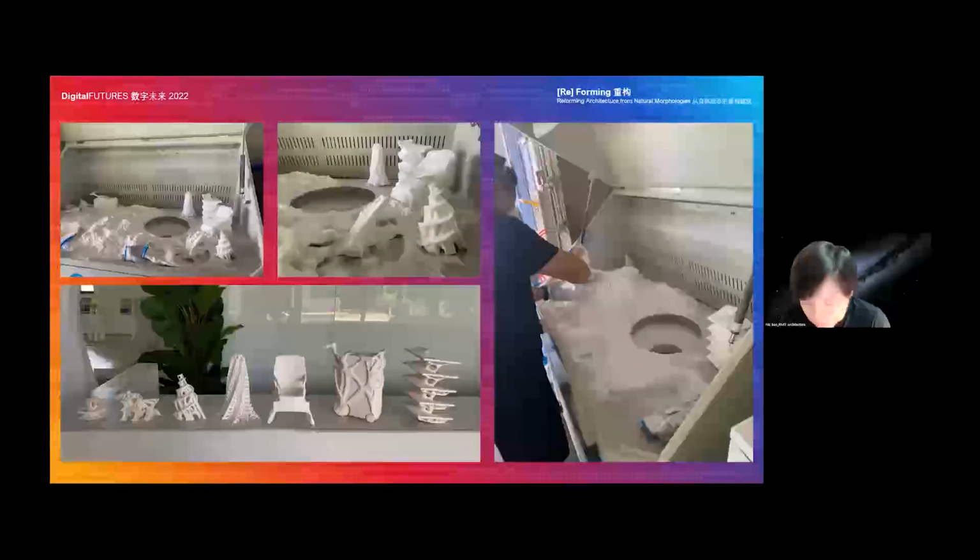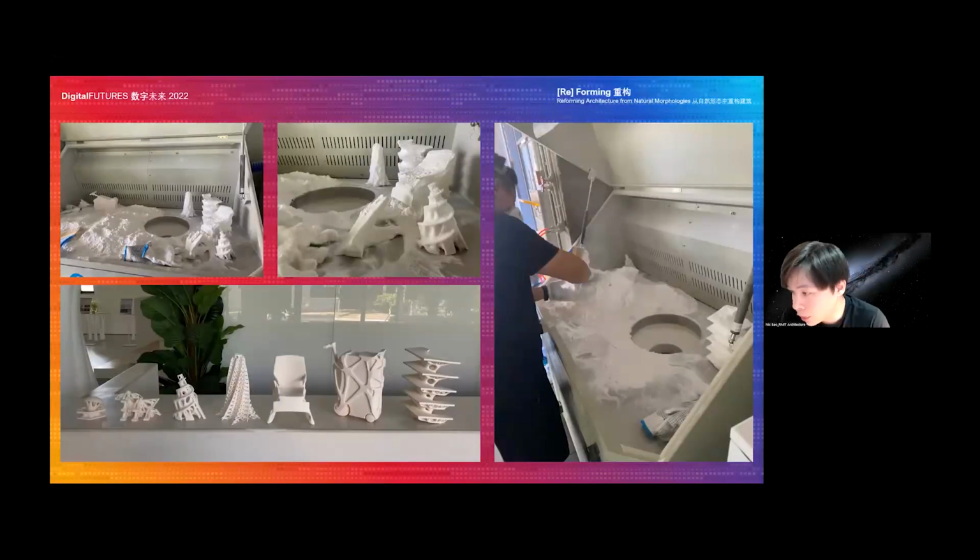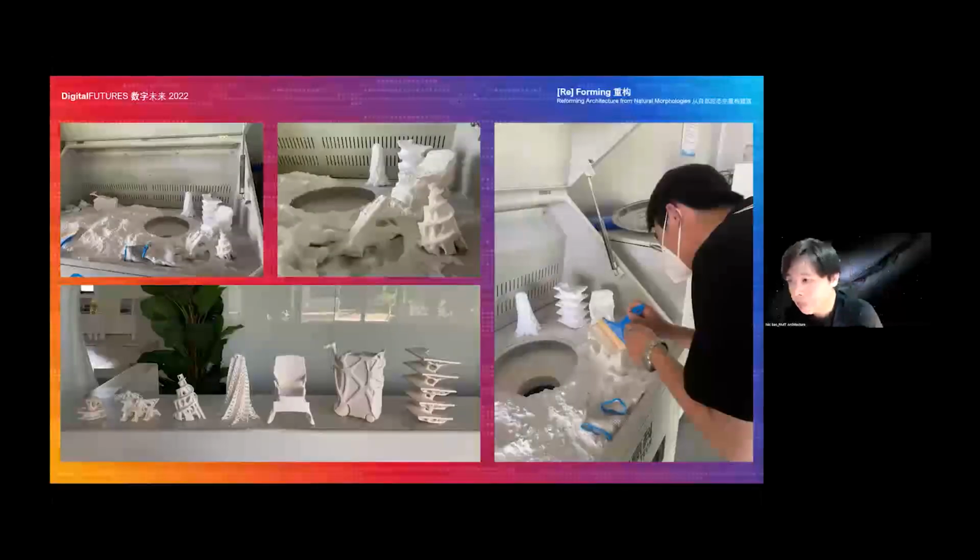Then later, after the student design, a very interesting project, we also helped them with 3D printing using our facility to produce the final outcomes. So now I'm going to introduce a few projects from the students. The first project I want to introduce is the optimized slab, which is inspired by the smart slab